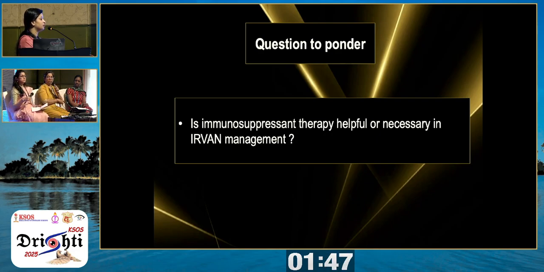Yeah, so vasculitis is an integral part of it, it's a major diagnostic criterion. By that you mean you actually see vasculitis, you see vascular leakage. Your case may not have had it, but a lot of the IRVAN patients will have vasculitis. And that's one of the features which distinguishes IRVAN from other causes of aneurysms. There are other conditions which can cause retinal aneurysm, but the vasculitis is peculiar to IRVAN. So your case may not have had an active vasculitis, but most of them do. And there's a major criteria and a minor criteria.